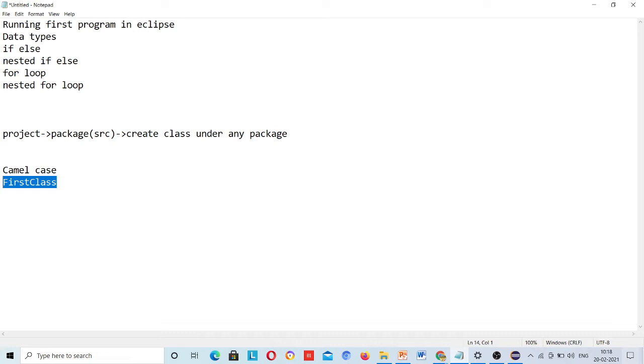Here I have given FirstClass. Now can you tell me what code I have written under this? No, you cannot tell. You don't know what I wrote. But if I give this name, FirstJavaProgram, then you can get an idea. There may be hello world or something else, right? So this is actually a first Java program. The class name should follow whatever you are going to do in that particular class.